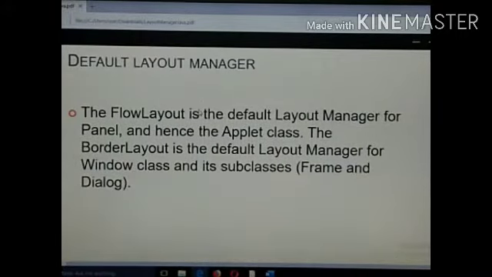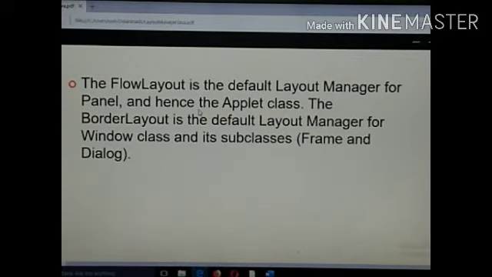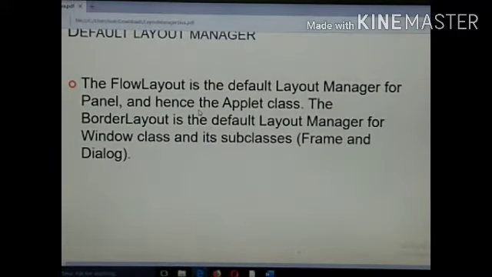Default layout manager: flow layout is the default layout manager for panel and hence the applet class. JPanel is a lightweight container, and flow layout is the default layout manager for this container and the applet class.